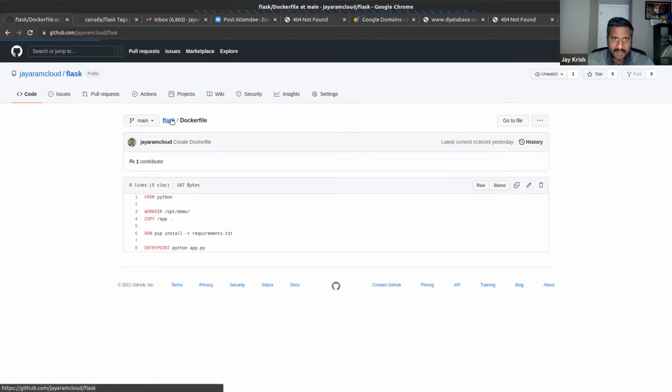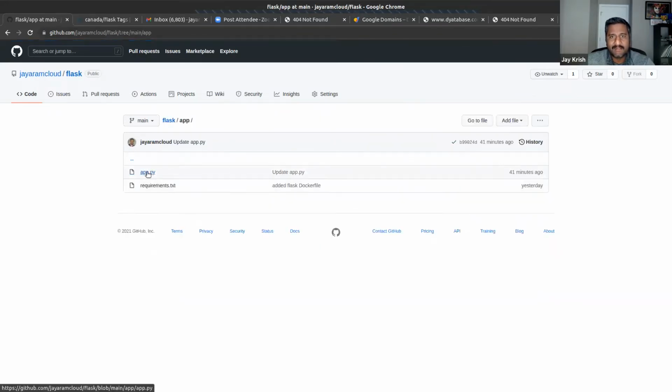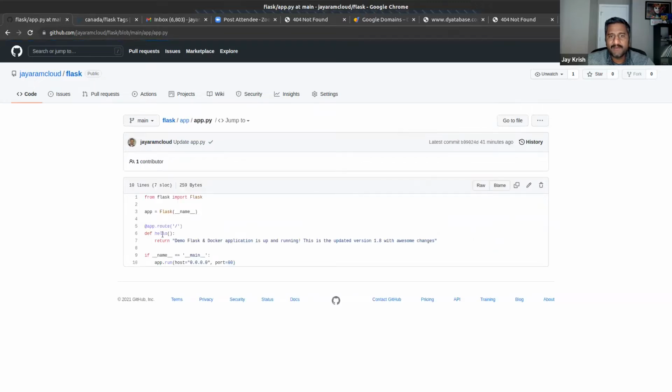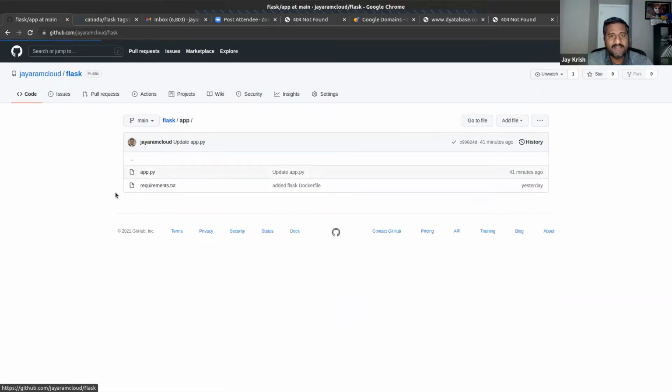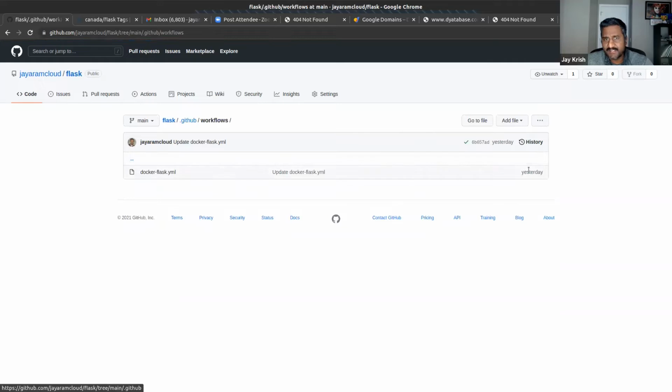Okay, so this is the Dockerfile we have developed, right? But obviously here, this app.py will not be just a simple file. This will be many files, lots of configurations, contents, and CSS, HTML, JavaScript, all those things you can have. But this is one of the very simple Dockerfiles. And this file I just created yesterday.